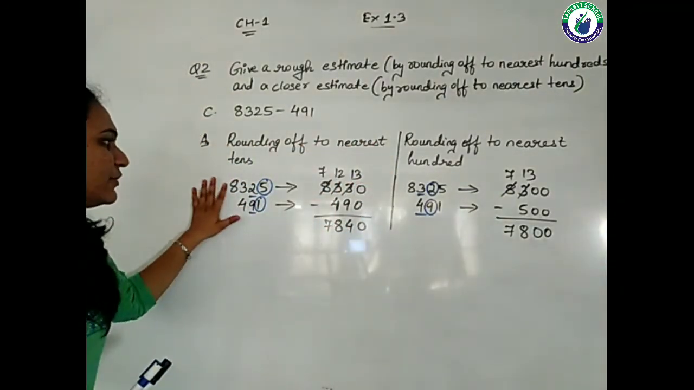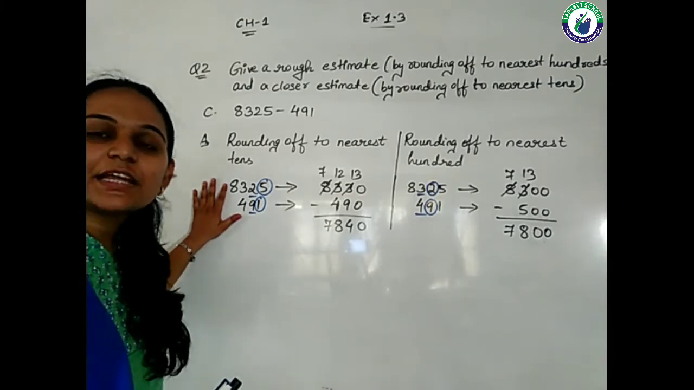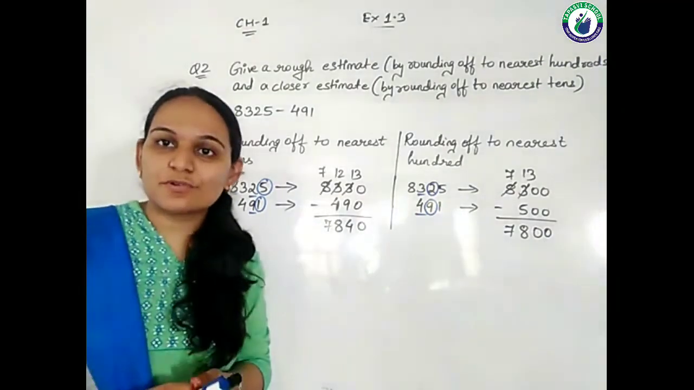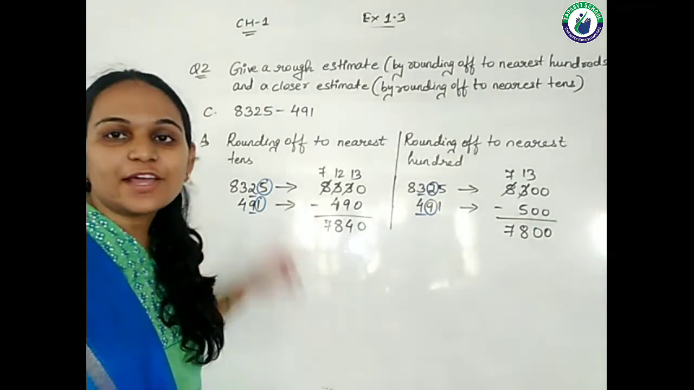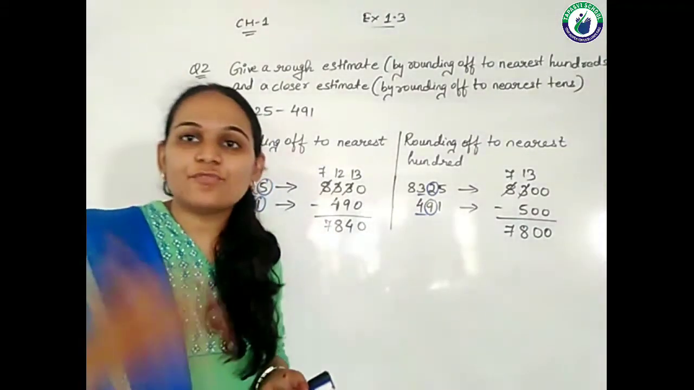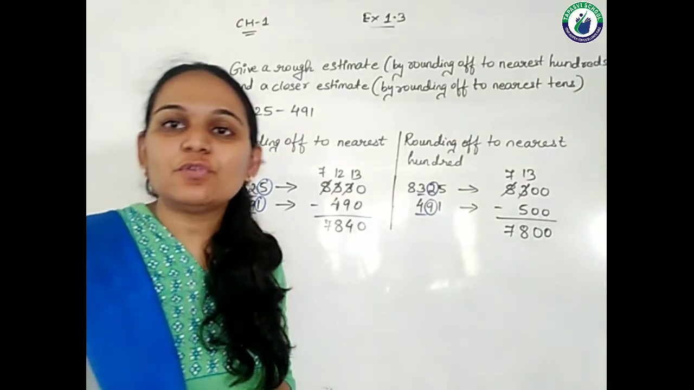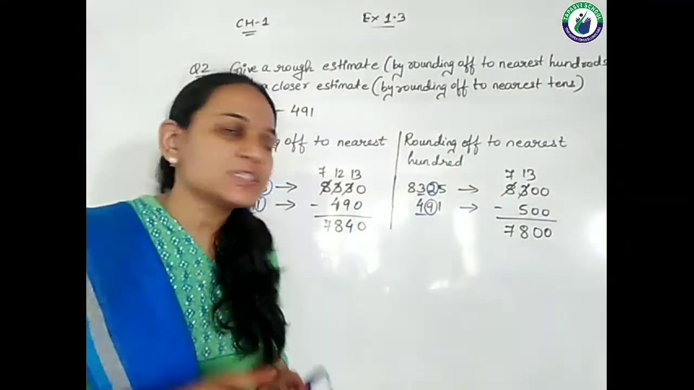So, rounding to the nearest tens, right? The digit which we are going to round is the tens place digit, that is 2, and the helping digit is 5. Now, if the helping digit is 5 or more than 5, then what do we do? We add 1 to the underlying digit. So